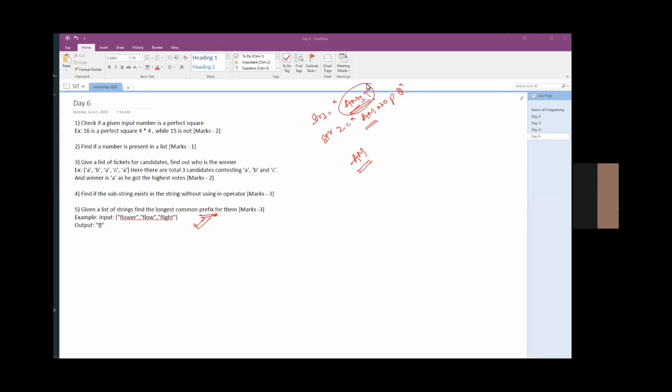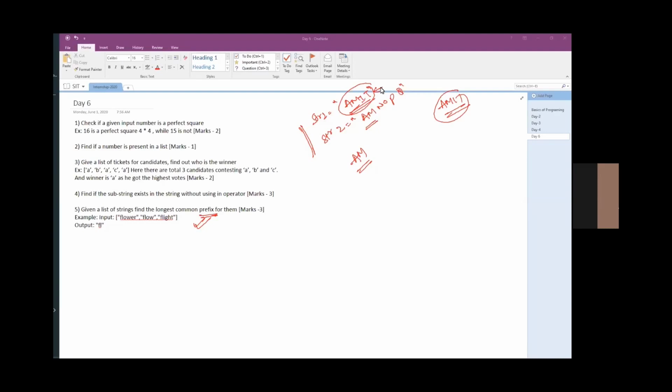That is all you need to ensure, because the maximum common prefix you could have is AMIT, nothing more than that. So I should do a loop that iterates till the last value of string 1.